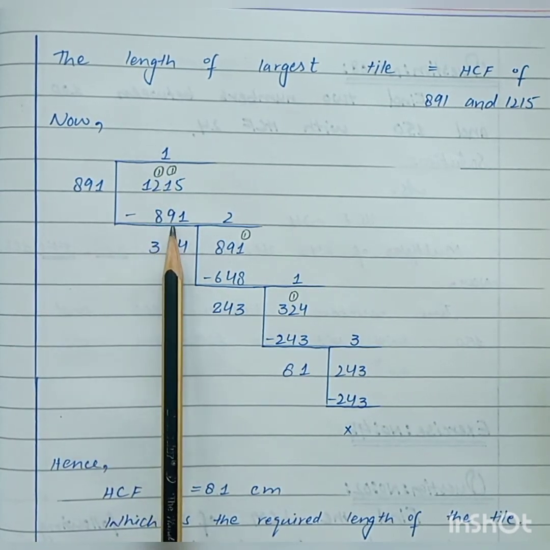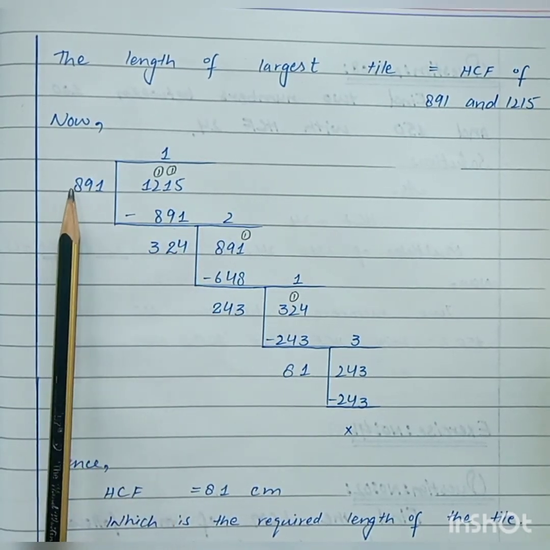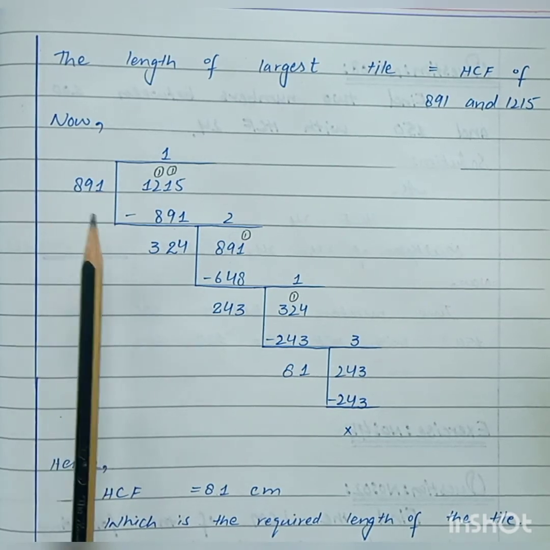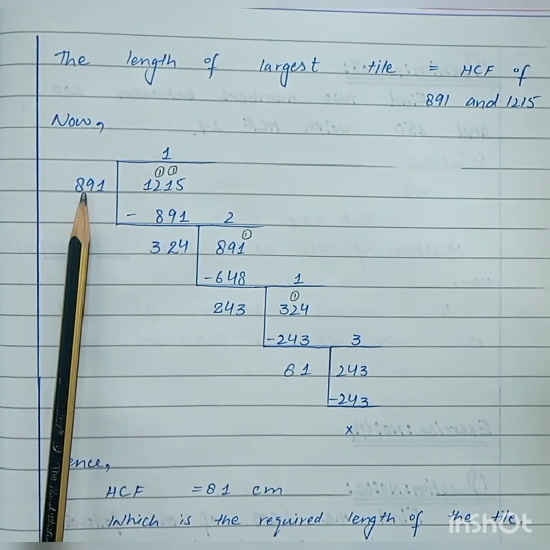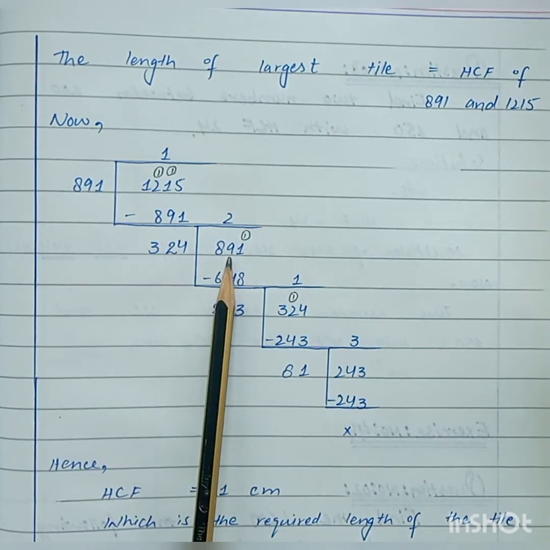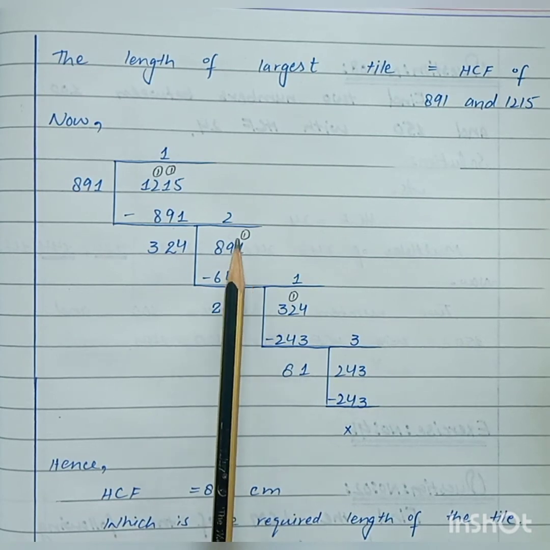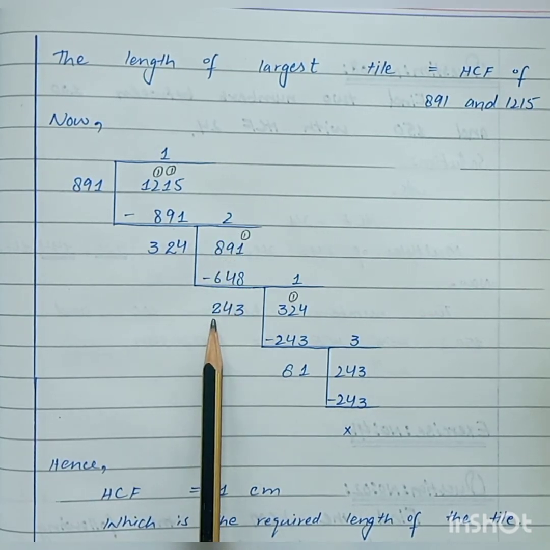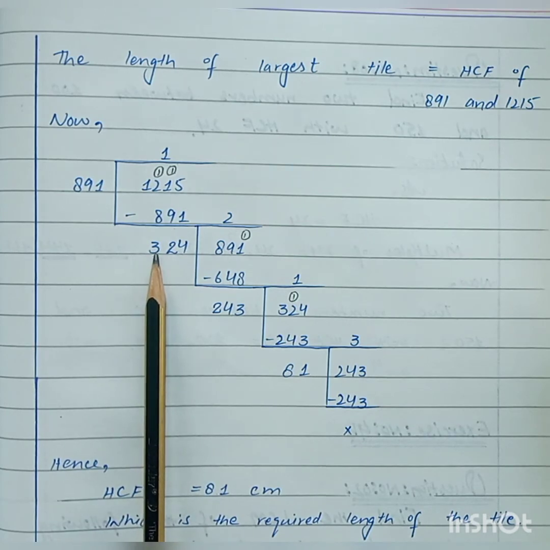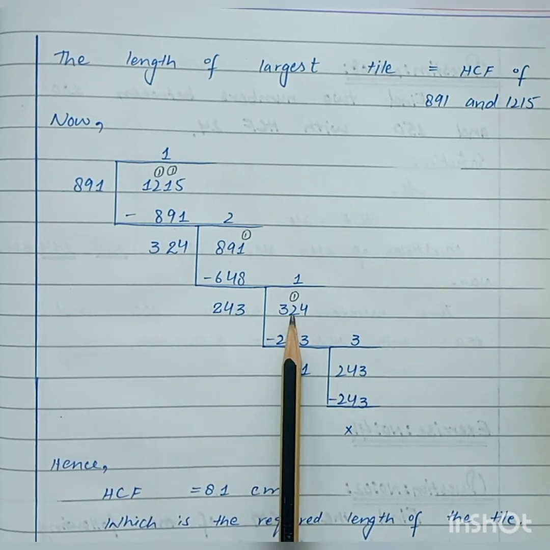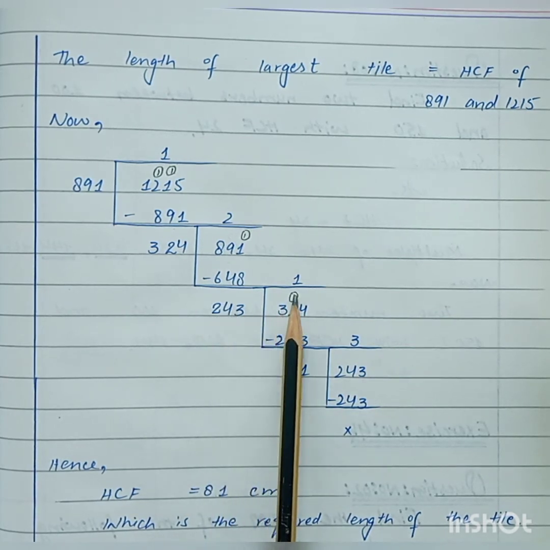891 ones are 891, then subtract these two terms, we will get 324, where 324 is a smaller value than 891. So further division is not possible. 324 is taken outside of the bracket and 891 inside of the bracket. Then divide these two terms, 324 2s are 648. Subtract these two terms, we will get 243, where 243 is the smallest value, then 324 again is taken inside of the bracket and 243 outside of the bracket. Divide these two terms, we will get